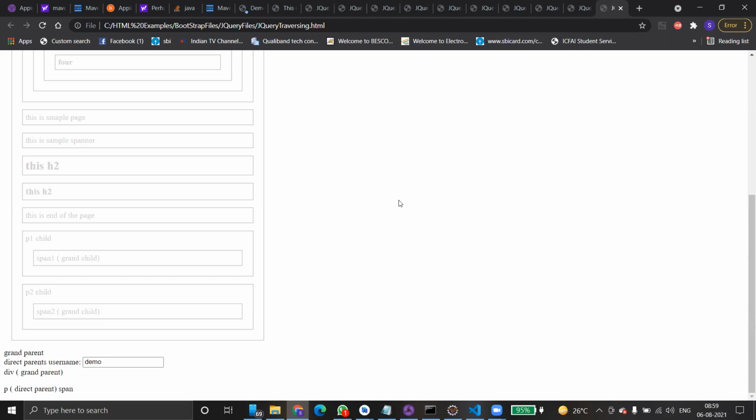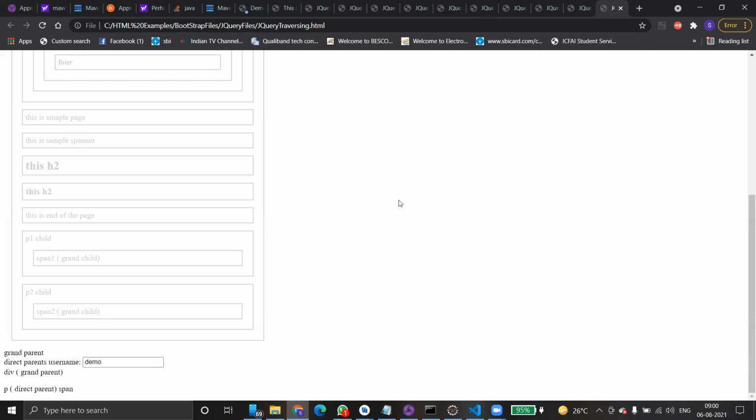And last means the last element in the division. So first basically returns the first element of the specified element, and last is the last element of the specified element. Whether it is a div, another form, a list item, an unordered list, or an ordered list, the first element will be returned. First, last, and so on, that's how we use them.